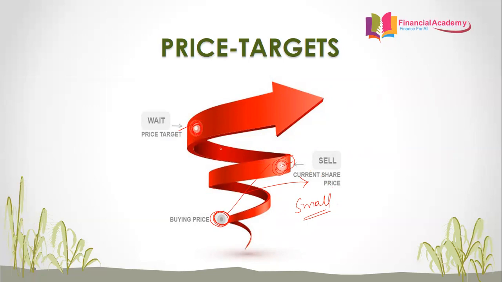The thing is that price target is nothing but based on the previous performance of how the share price behaves. That's why we say the trend is your friend, it never betrays you. Whatever the trend says, that the price will go to that level, automatically it will go to that level. So you have to wait, you have to analyze it, then you have to book your profit. So it's better to continue the stock analysis before you hold the shares and before you sell the shares.